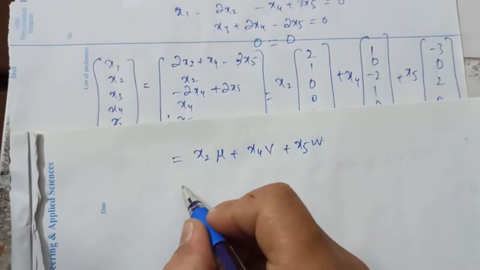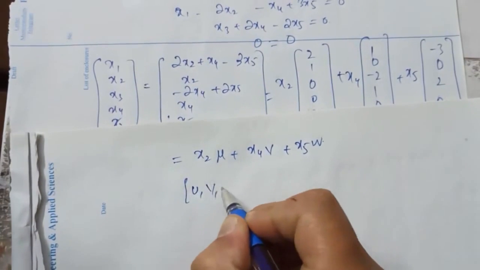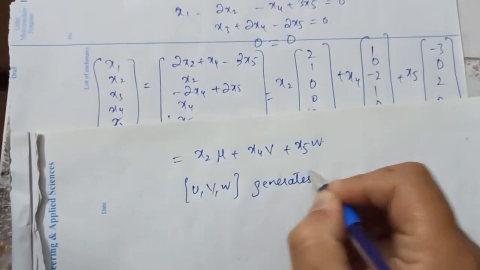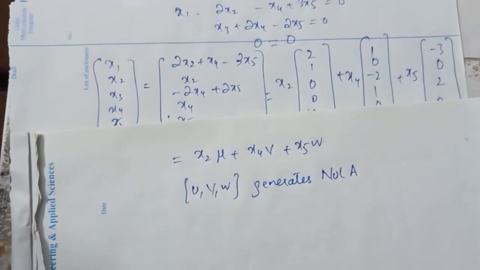So we can write this as: the vectors u, v and w generate Null of A. Okay,